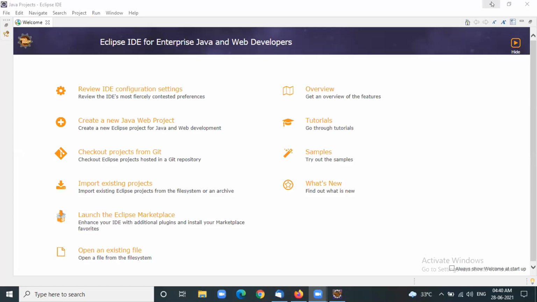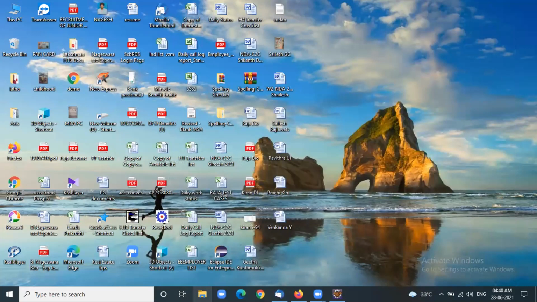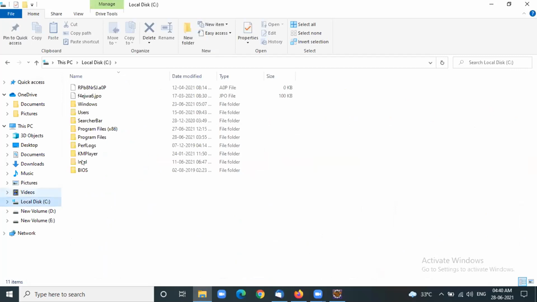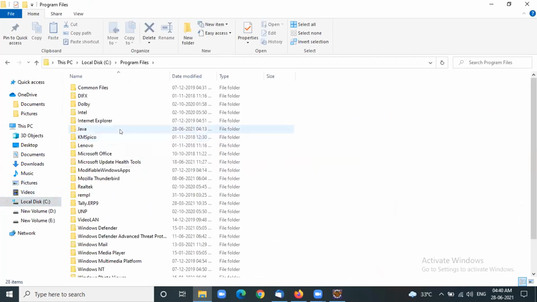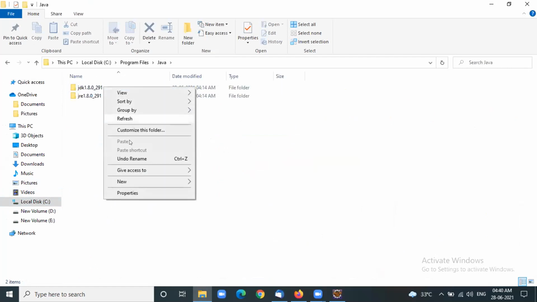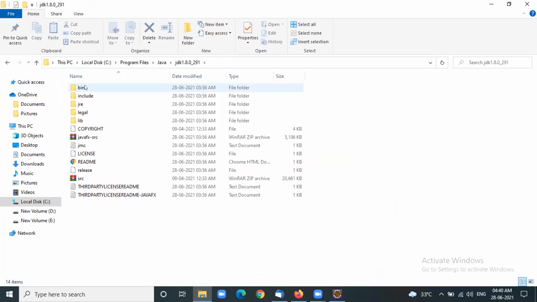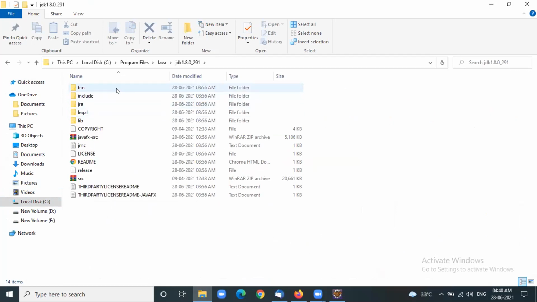Go to C drive. Go to Java. Click JDK. Copy that folder path. Copy this path quickly.